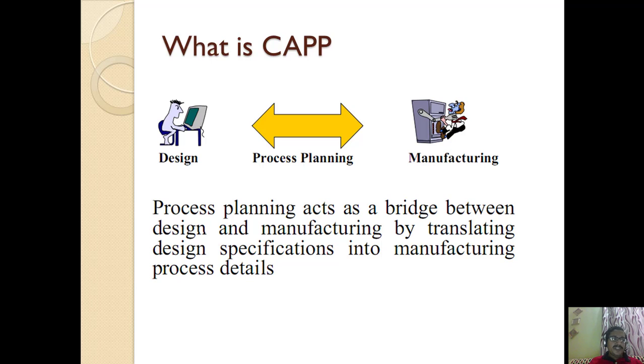So what is CAPP? CAPP is a computer program which automatically generates the process sequence. And what is a computer program? It is nothing but the instructions on what you have to do on the job to get the product. Let's say you want to manufacture a hexagonal bolt, so there is a process sequence: first turning,